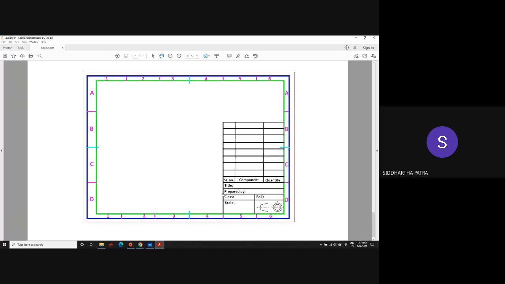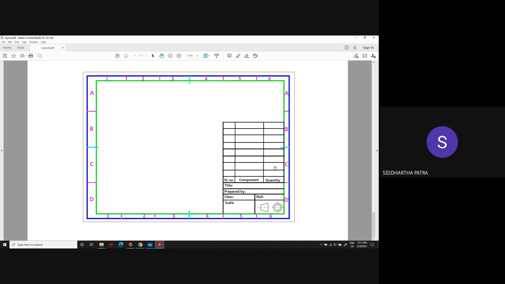So what you instead do is you just number them. Let's say you number them and encircle them. And you put those numbers in this column, the left column, which is the serial number, and then you write the name of the component. And then you also write the number of items that are there. For example, in a flange coupling, there could be a set of holes which must be joined through bolts. So there could be, let's say, 4 or 6 bolts and the same number of nuts.